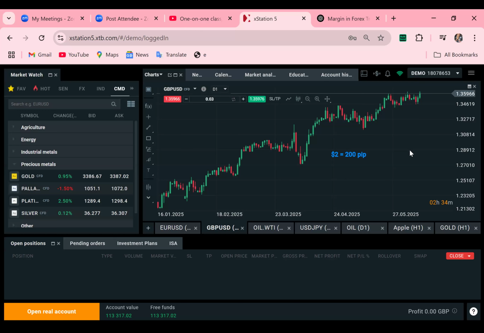Do you understand? Because trading is done on margin. Now, somebody may be asking again, what is this margin? The easiest way for you to understand margin here is based on the price formation.